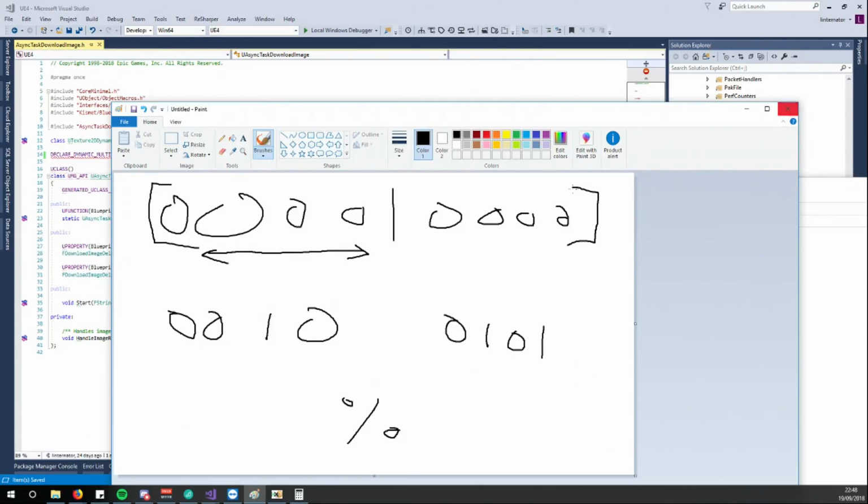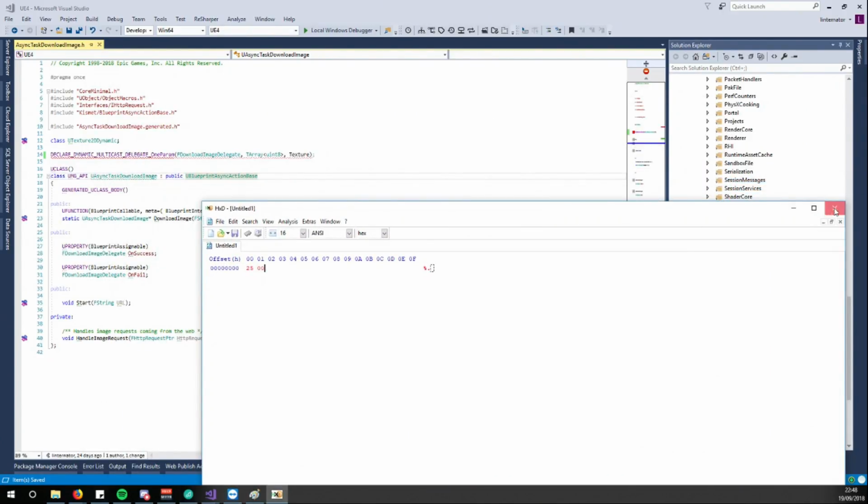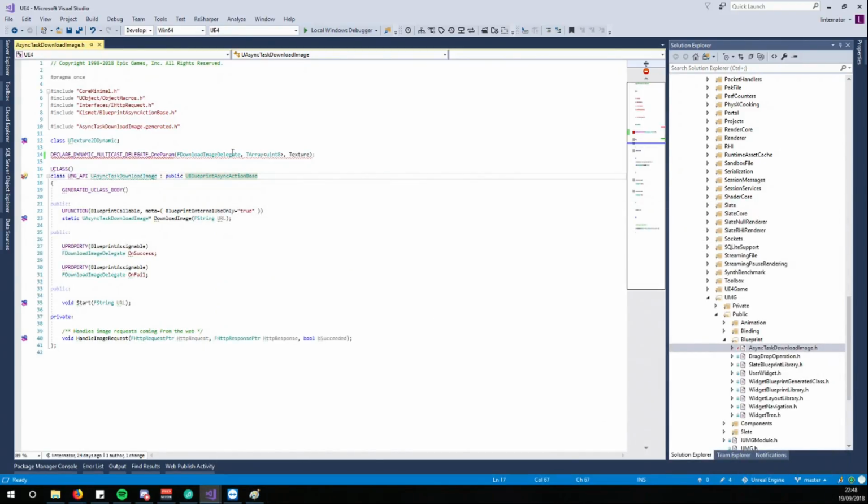So once we've got that, that's a uint. So we can now use this as a uint 8, which acts as a byte. Now they don't usually have bytes in C++, so we have to just stick with a uint 8. Now we've done that,